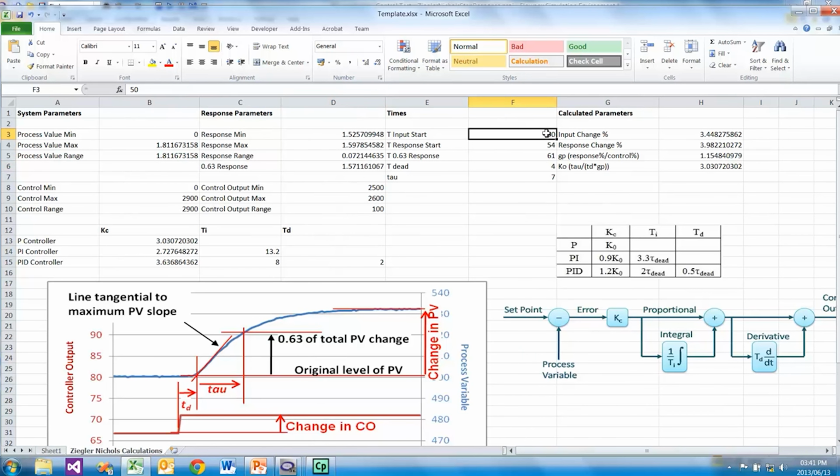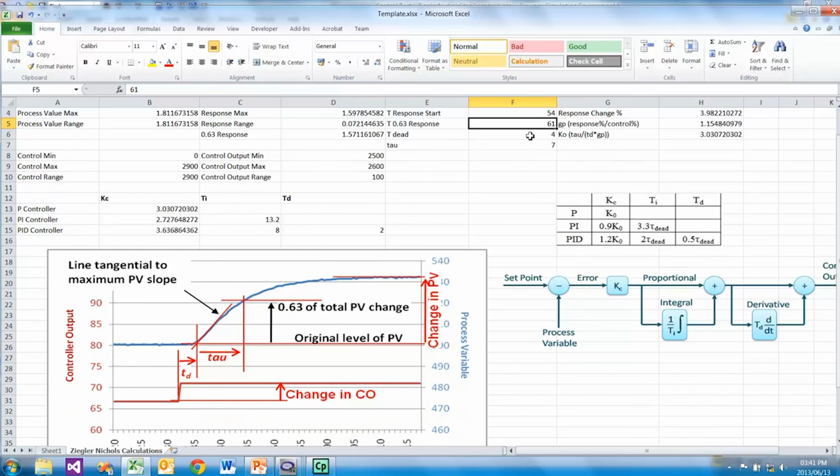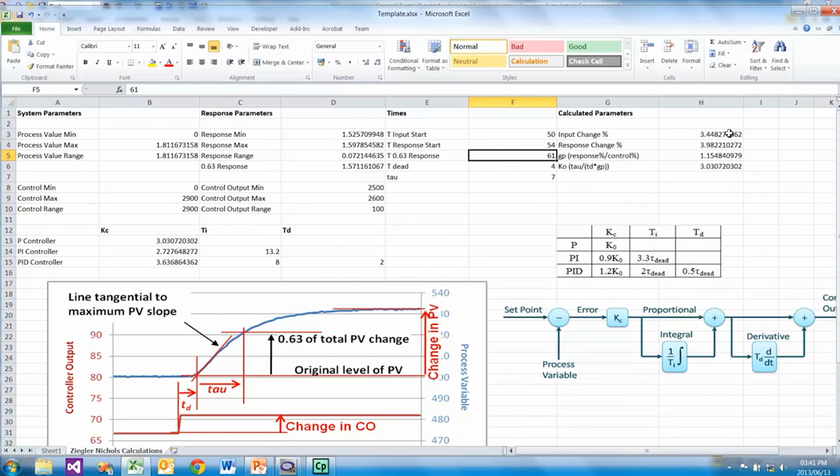Entering your control output start, the start of your response, and the time of your 63% response value gives you your dead time and tau, and using all of these we can calculate our process gain and K0. Using those we can easily calculate the P, I and D constants for the different situations.